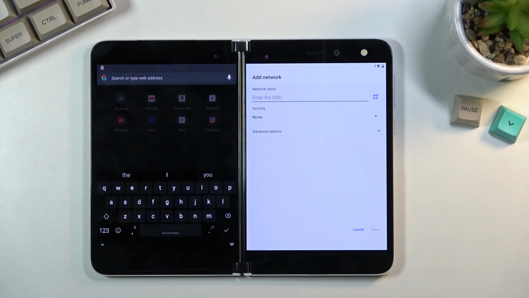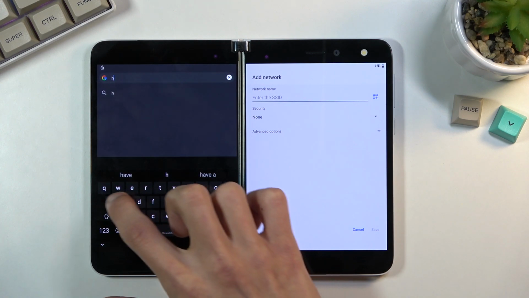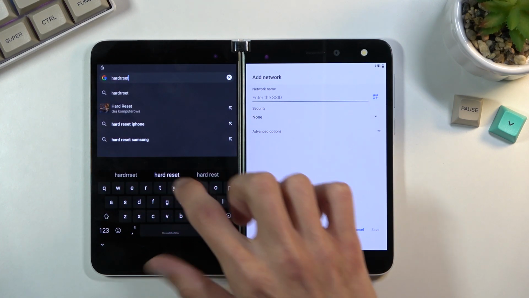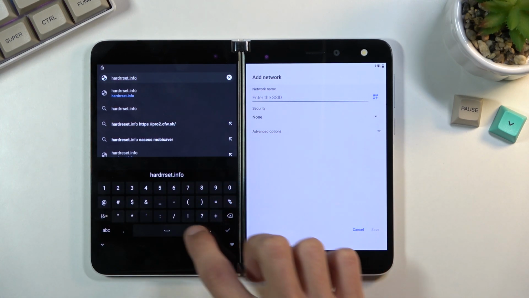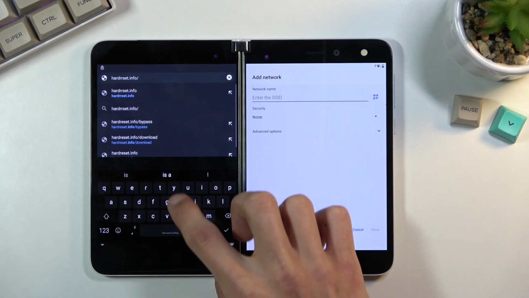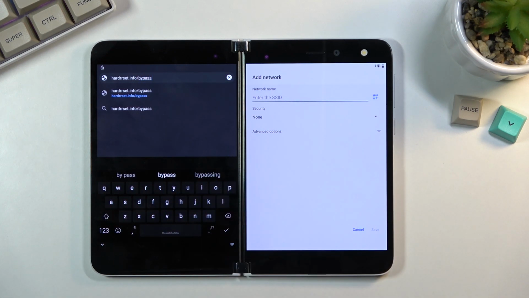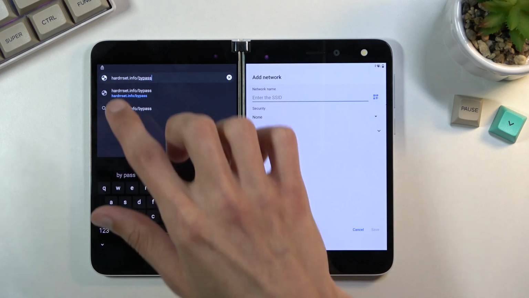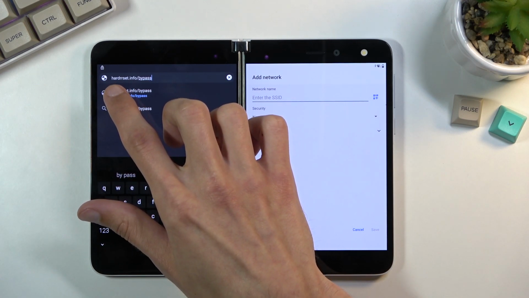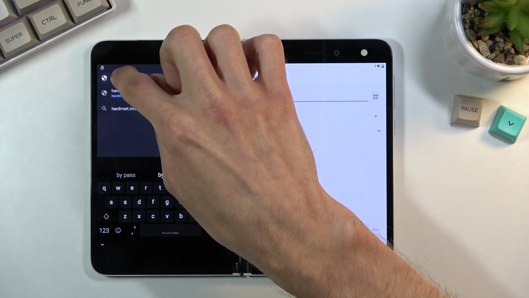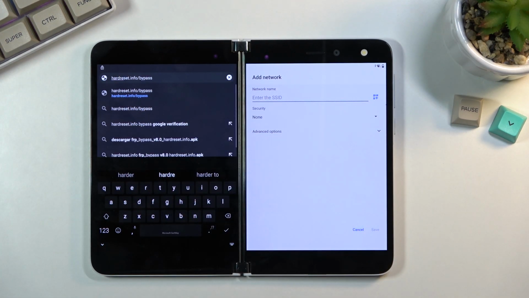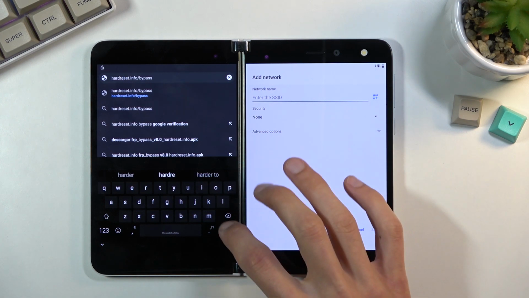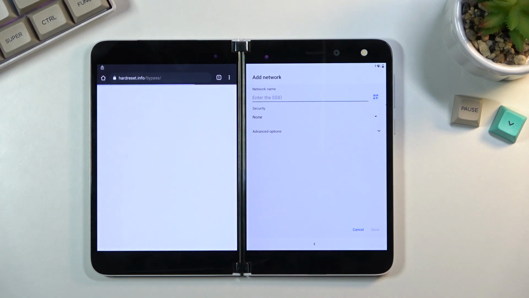And then in the search bar of Chrome, you want to type in HardReset.Info/bypass. So like this, actually not like this, this is incorrect. Like this. So from here, let's go to the site,